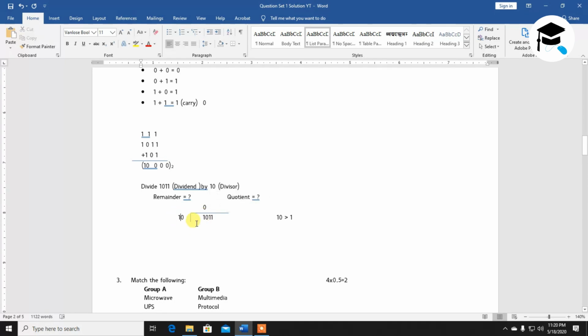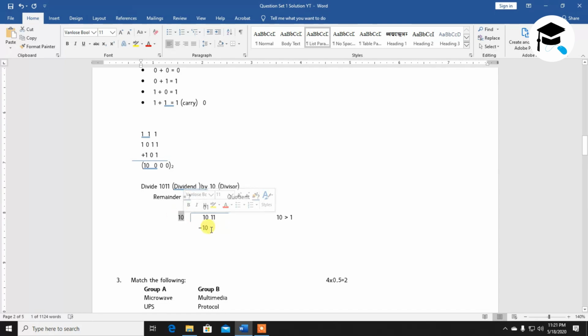Now 10, 1 is 10. We can write this. Okay, so 10, 1 is 10. Now let's minus this. Let's do minus here. I think it's difficult to understand, so let me separate the zeros and ones. Initially 1, 0 was greater than 1, so we could not proceed ahead, so we added 1, 0 here. After that we can continue.